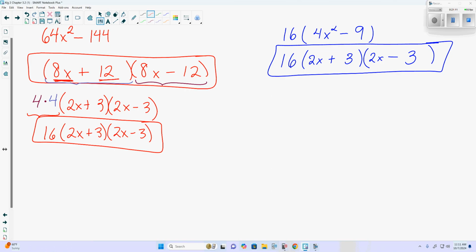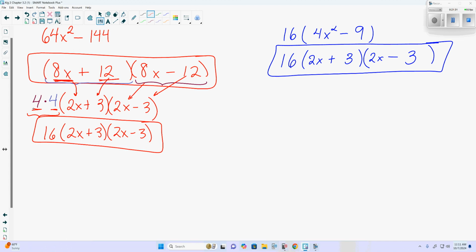Because 8x divided by 4 is 2x. 12 divided by 4 is 3. But we can also do it with the other one. So we get the two factors of 4 out front. And since we're multiplying all this together, our 4 times 4 is 16, giving us 16 times 2x plus 3